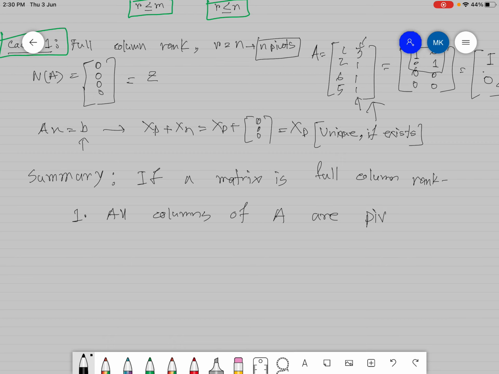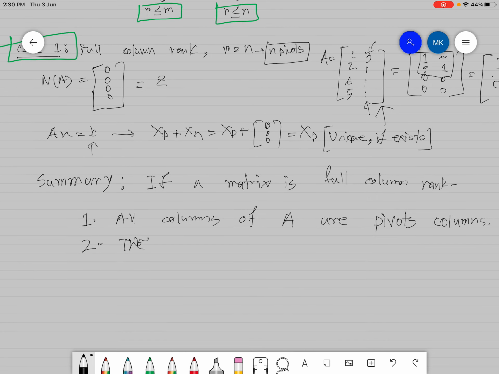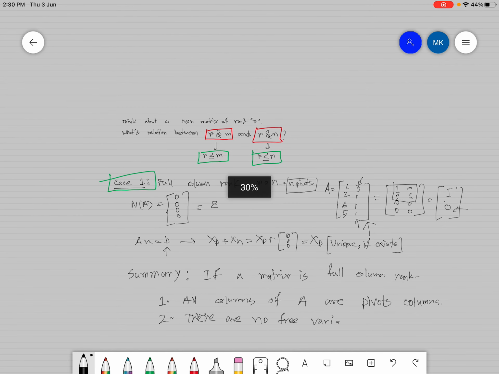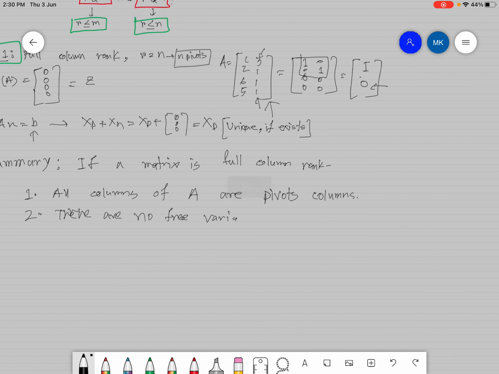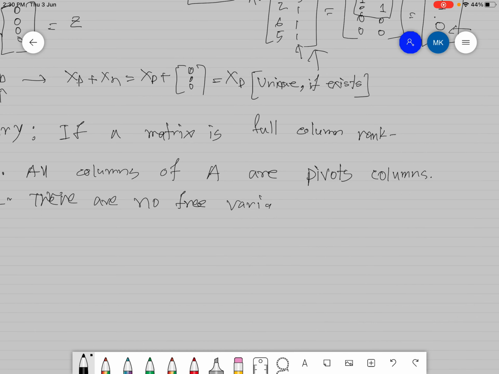There will be pivots in every column, but also there are no free variables, that means no special solution,